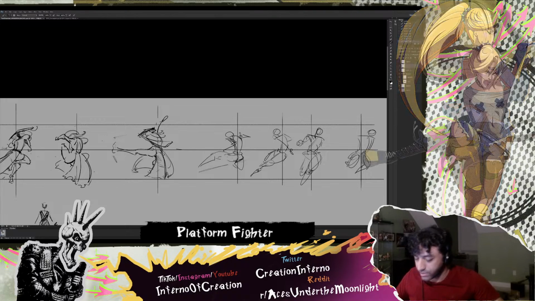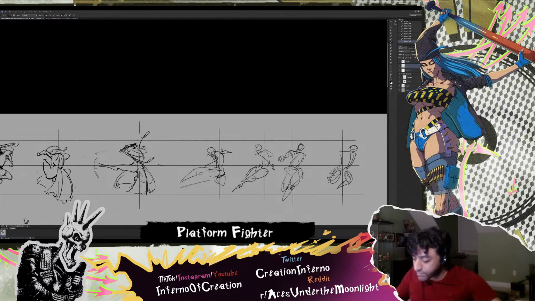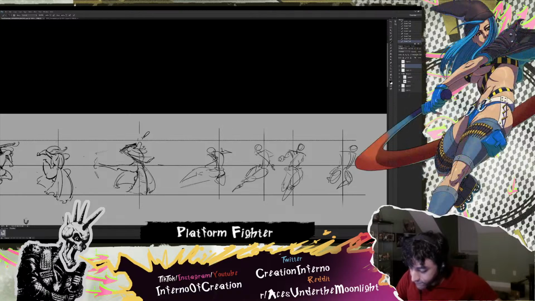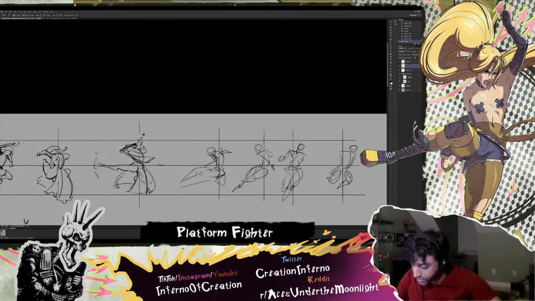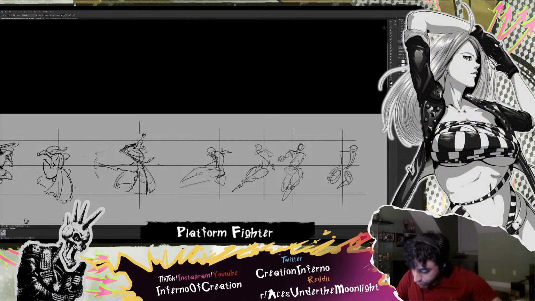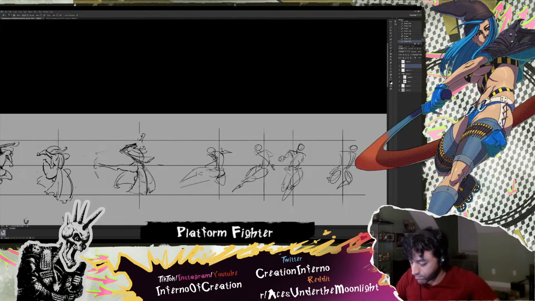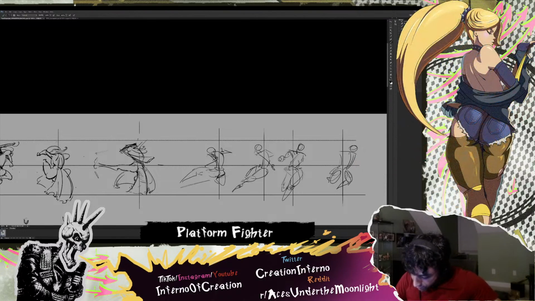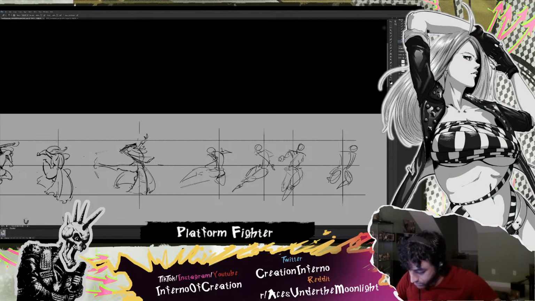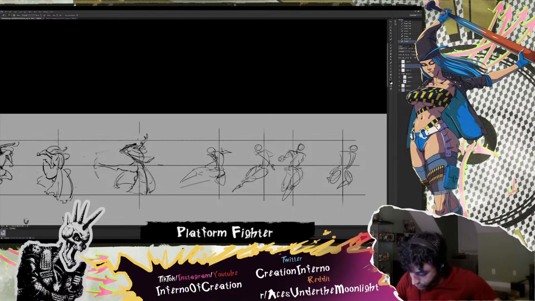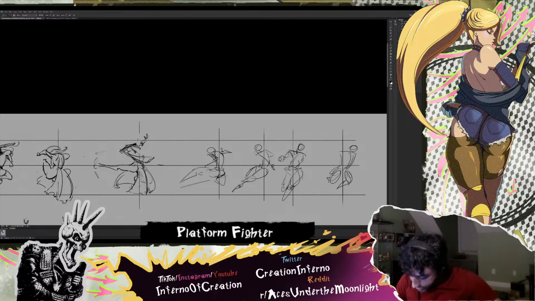I have to get her sword as well, but he has short hair, so